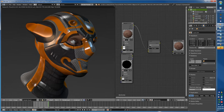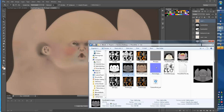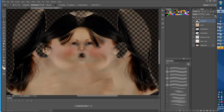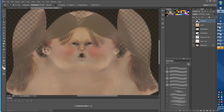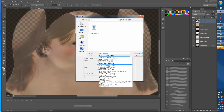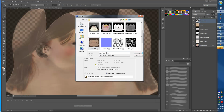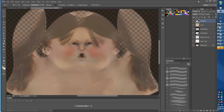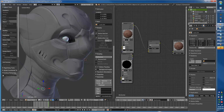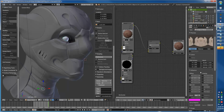I'd definitely paint some better textures. In fact, I could be insane and just go over here in Photoshop and throw this lady on top of this lady and start trying to do a little magic with multiply. And this is me combining both maps, which is a horrible idea, by the way. Don't recommend mixing these two maps. I didn't even go through any Photoshop cleanup because I just wanted to end the video on an